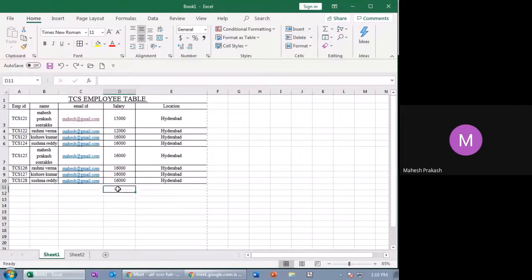Okay, so imagine TCS HR is asking how much salary completely we are paying for these 8 members. Now you cannot sit with a calculator and do it in front of them. Just because it is 8, you can make use of a calculator and finish it in seconds. But in Excel we make use of formulas.